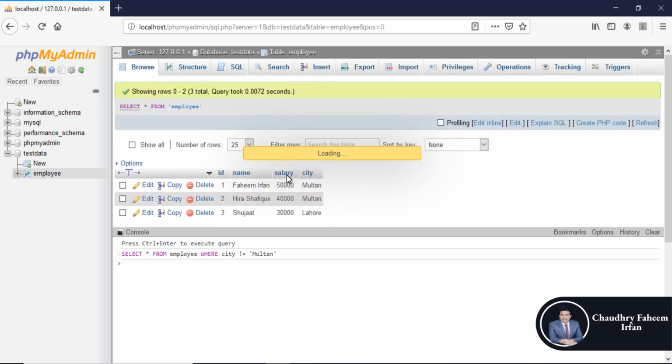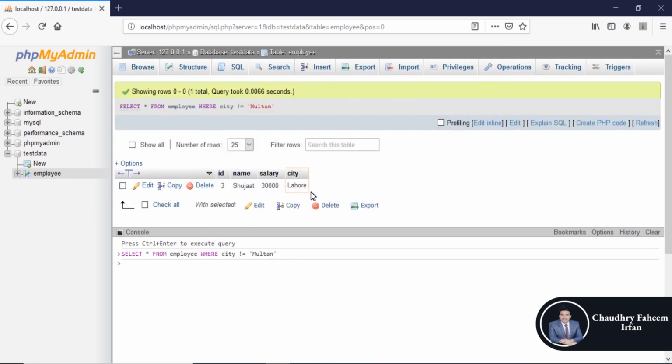Execute the statement, and only the Lahore record is selected with the city Lahore. Only one record is selected with the city Lahore.